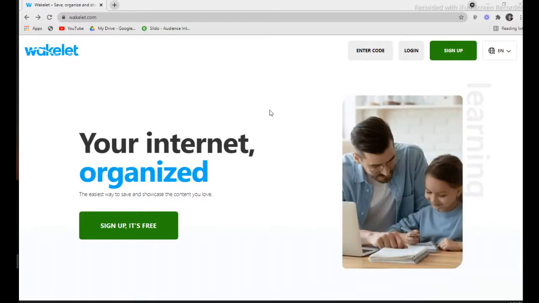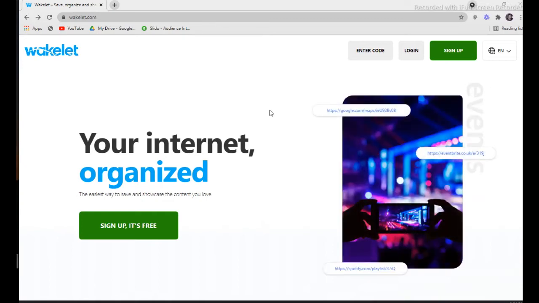What you're going to learn is an app called Wakelet. Wakelet is an app where you can organize your links. That is the main thing with Wakelet. Many links we usually share in the WhatsApp chat for our students, but using Wakelet, you can share multiple links using one link. If you have n number of links to share, you can make them into one link. So how can we do that? That's what we are going to do in this video.